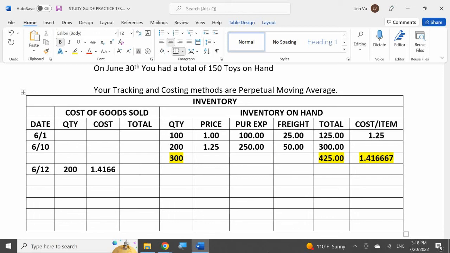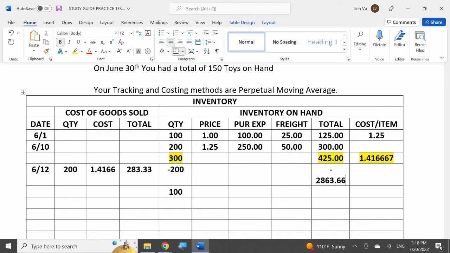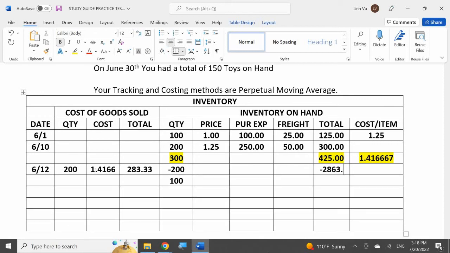Okay, so what would be my total cost of goods sold? Go ahead. 283.33. $283.33. So if you were to subtract that out, you'll be left with 100 units. Okay, minus 283.33 will give you a remainder of,